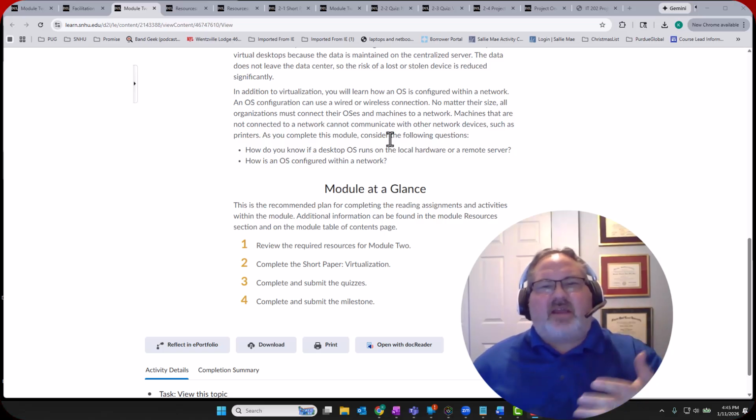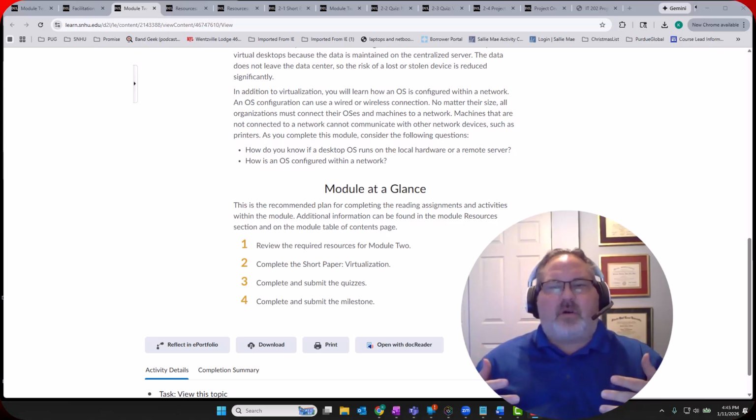And when it's talking about connecting to the servers or not connecting to a network, the only time you are not connected to a network and you would want something like that is if you're talking about an air gapped system, something where you don't want to connect to it. And if you think back to the original Mission Impossible, where